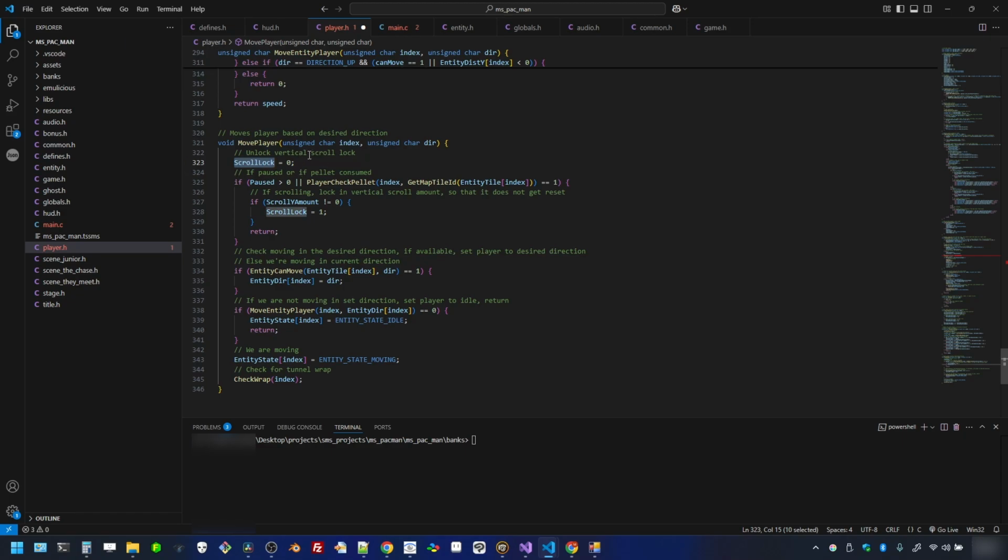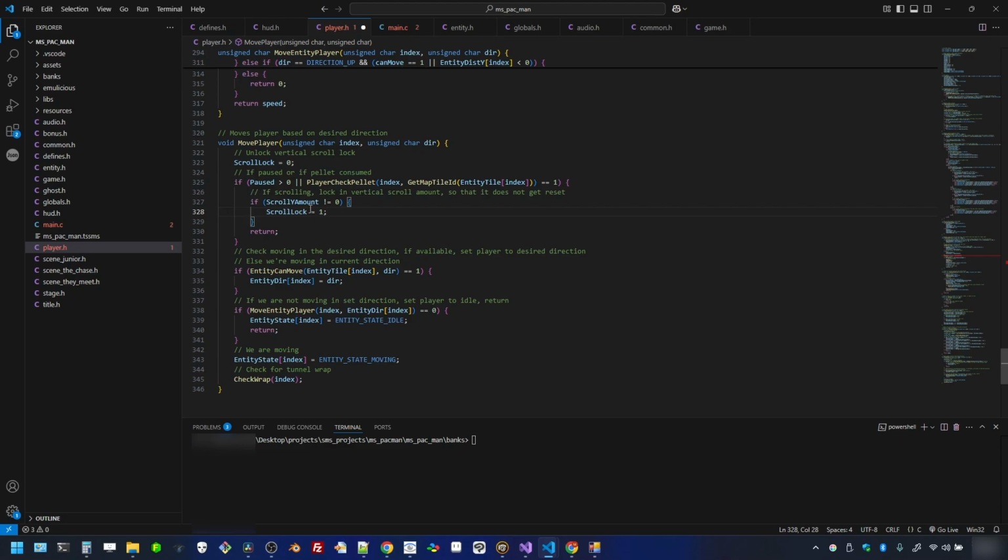So we're gonna reset the vertical scroll lock here, and then if it's pause, so any sort of pause, so greater than 0, or when we check that pellet, if it equals that we did eat a pellet with all this information,